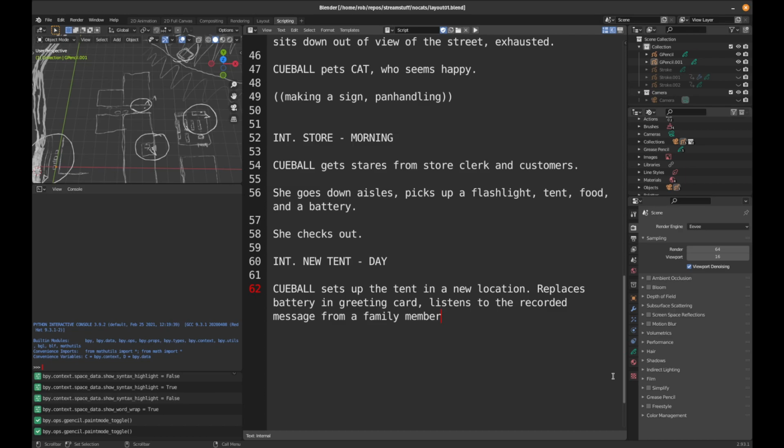And that message would be something like, wishing they could be together, or something like that. And then she places the card into a pocket of the tent, like that's its new home and hers as well. And then